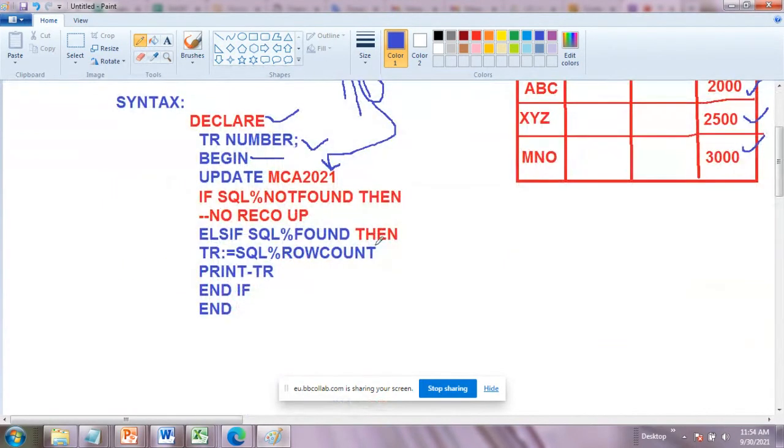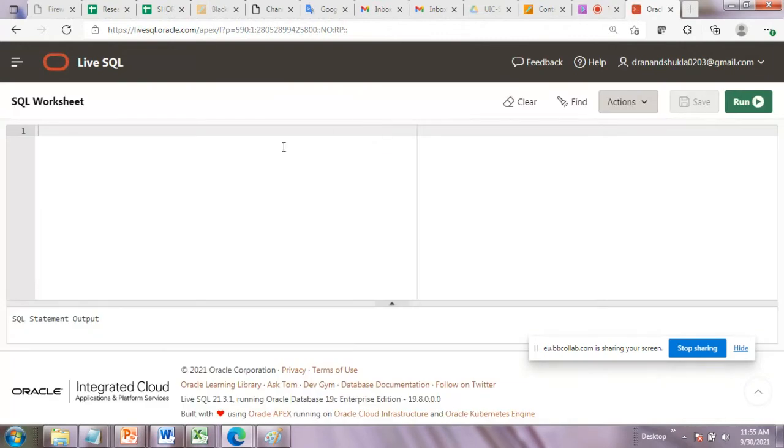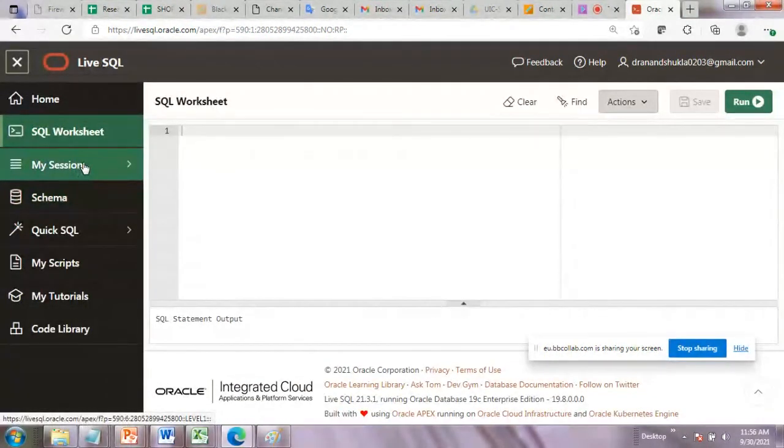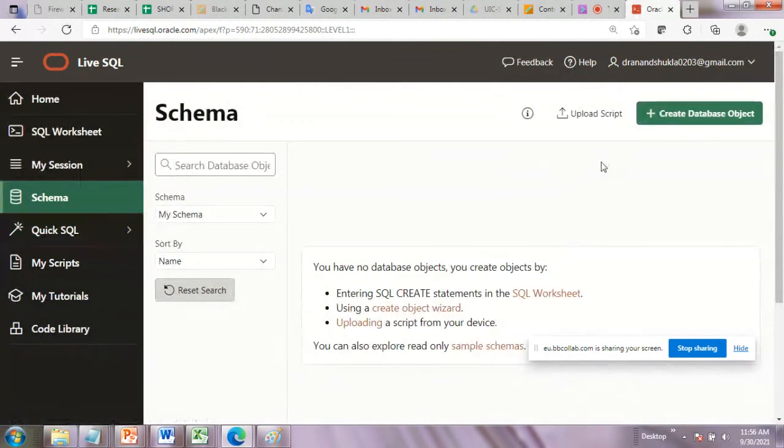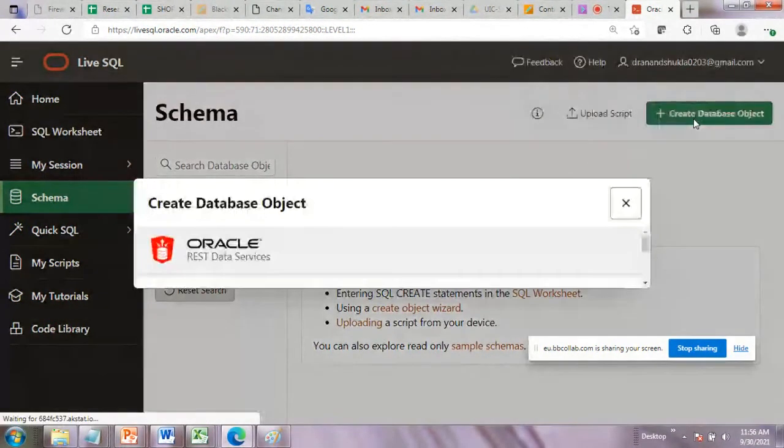The code above got hidden; the block code we took went up. Can you run it once and show? Sometimes live SQL can take time, so don't worry. First of all, I have to create a table. From the schema, you can click on this and create a database object.